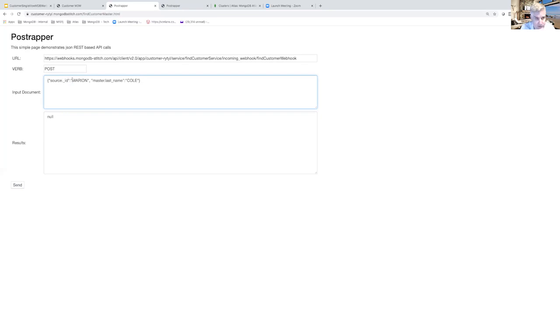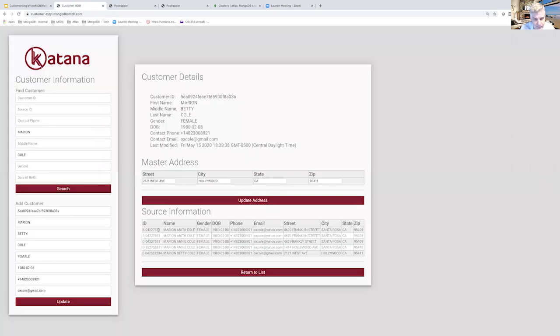If I could just go off that source ID, paste that in, and I'm just simply modifying the search document to give me the information that I need. I'm going to see if I can get that information back for this record. No, I did not. So let's go back and take a look at what we have here under that particular source ID